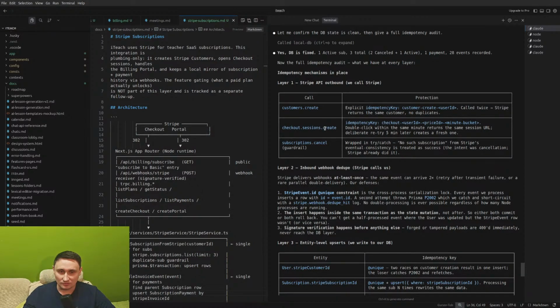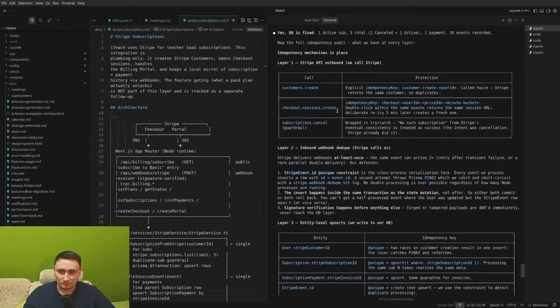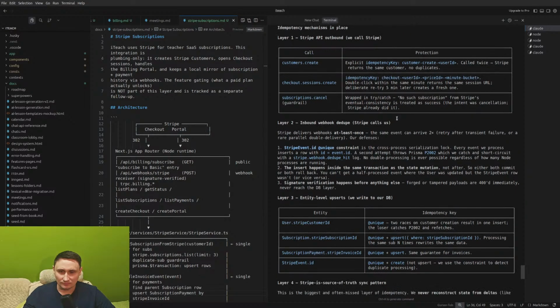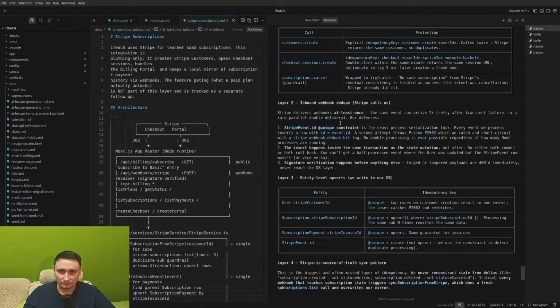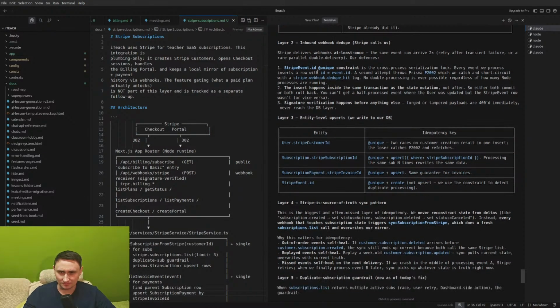Session creation. So we have Stripe event ID, unique, okay. Okay, so it mostly uses unique,